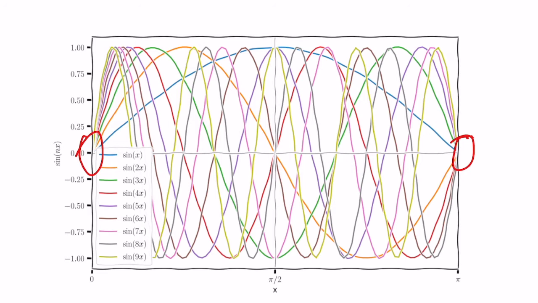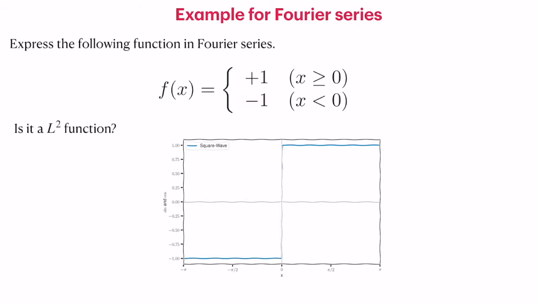But in this case, for each order the roots are equally placed. It is not necessary for an orthonormal function to have equally spaced roots, as long as they satisfy the boundary condition, and the roots of this basis function could be anywhere inside this domain. So let's continue with an example.